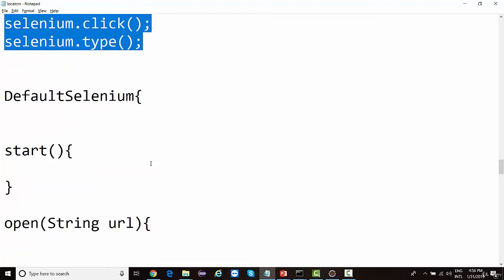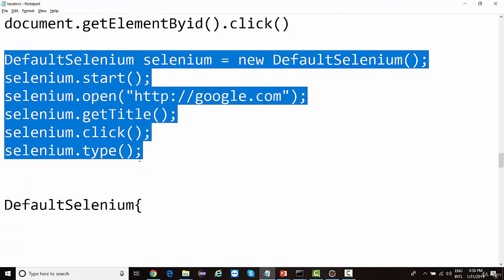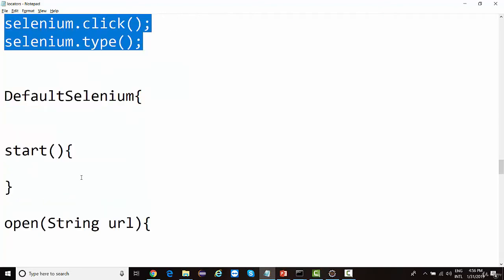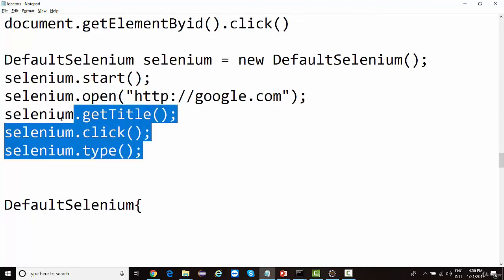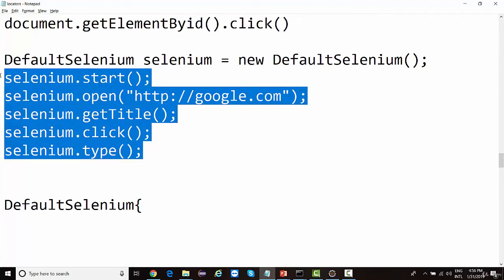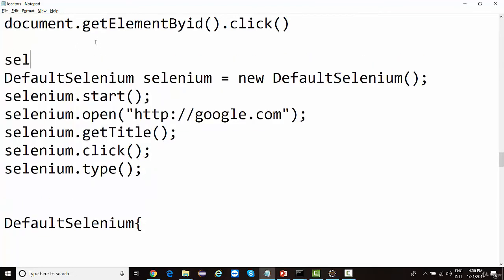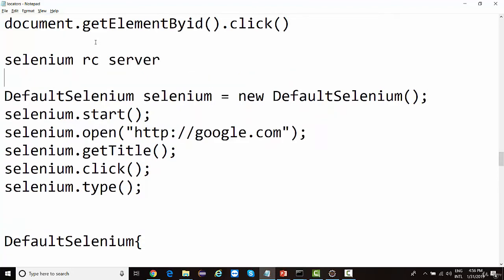You just need to know basic core Java concepts in order to call the developed methods and automate your website. At the back end, these methods are injecting JavaScript on your browser. And in order to support this JavaScript, there is something called Selenium RC server that you need to start. This is basically the JavaScript engine.